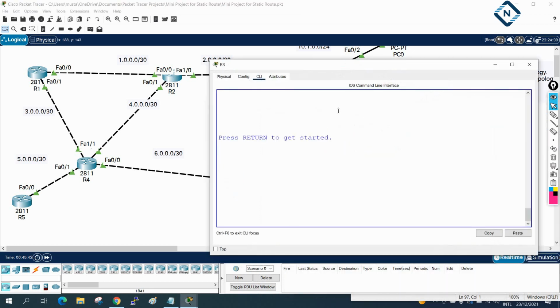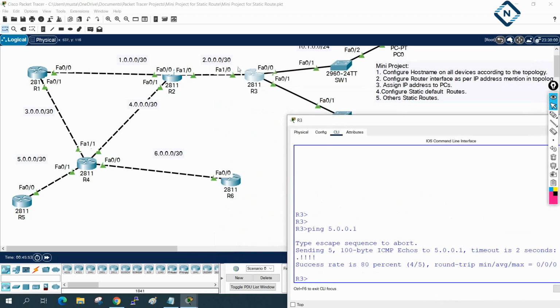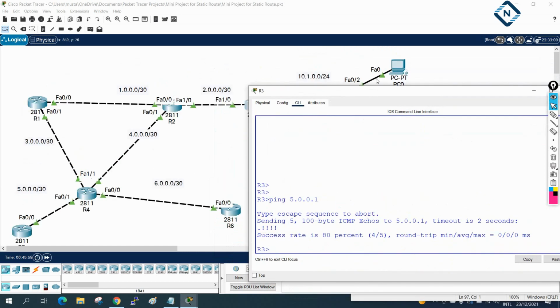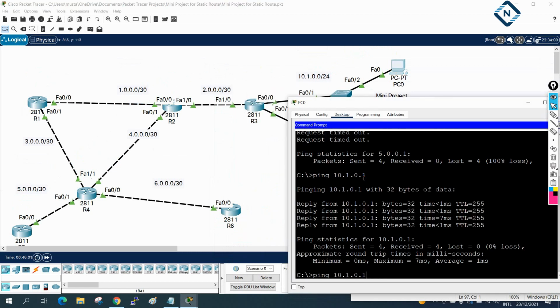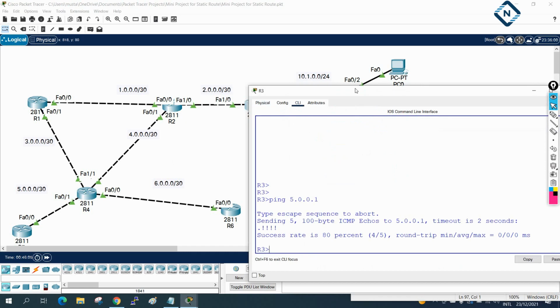Let me check from this router if I can ping 5.0.0.1 or not. Okay, from this router it is working, so this is okay. This should work. Let me check here again, because from this router it is working successfully.